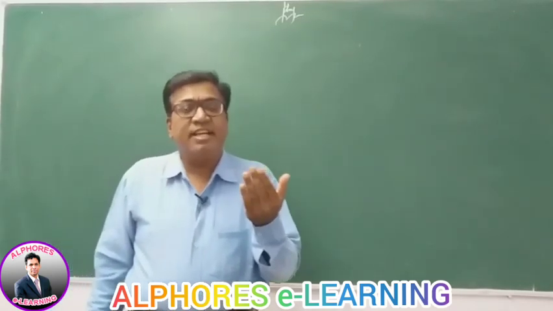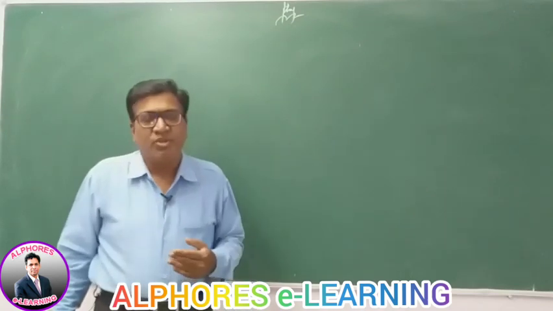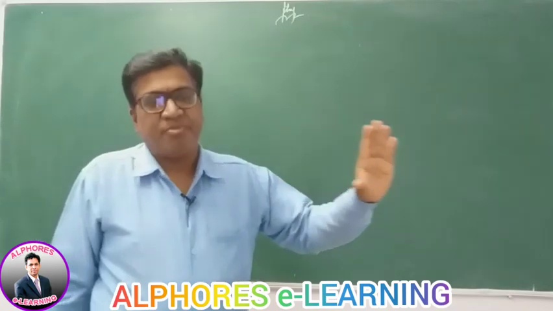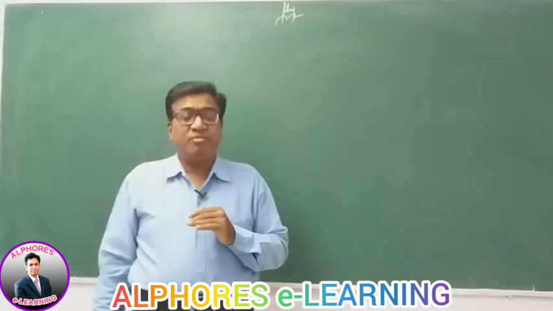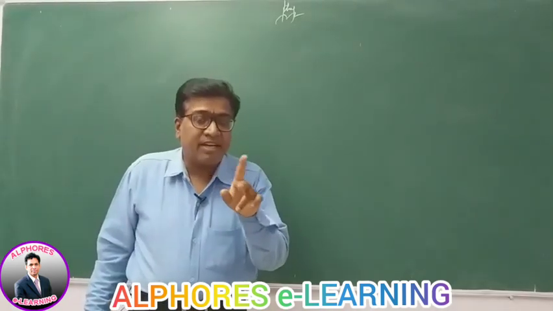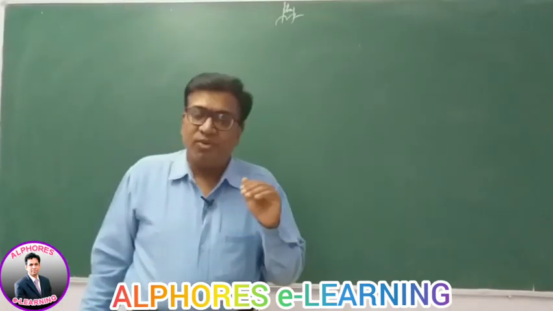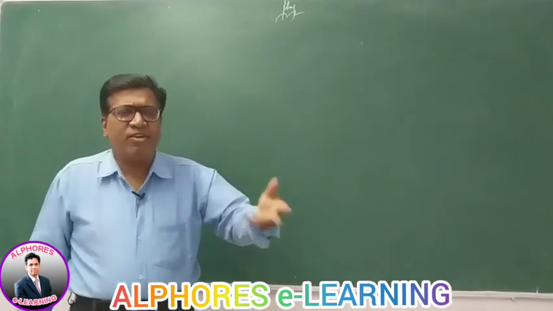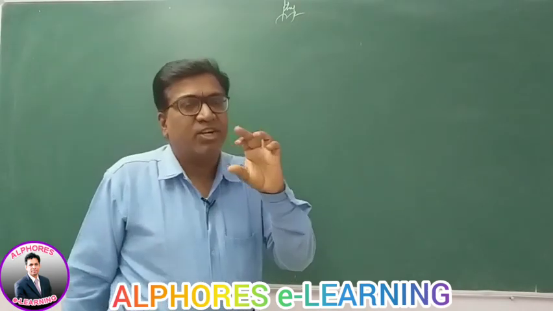Vectors do not obey the ordinary algebraic rules. So we have to adopt a new algebra called vector algebra, because they don't follow the rules of scalars, right? It is always associated with direction. Vector division is not possible. You cannot divide a scalar by a vector, or a vector by a vector, because division of anything by direction is undefined, you cannot define it. So for this we have to adopt a new algebra called vector algebra.